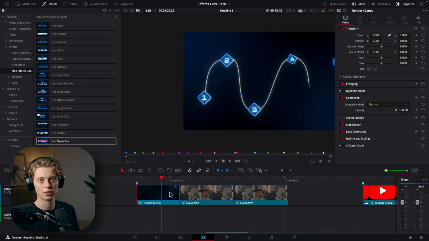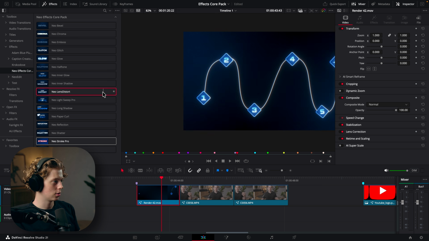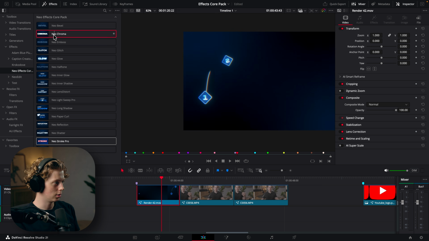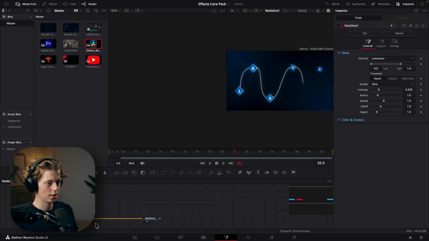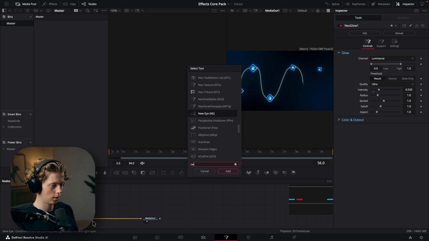First, I'll just try and show you how you can do it on this motion graphic that I made. And you can also access this on the edit page if you want to, inside of the effects core pack, and then just drag it onto your clip. Now we'll just go into the Fusion page of this one, and then I'll show you how to use it in there. So in the Fusion page, you'll basically just access it by pressing Shift and Space and typing new Chroma,